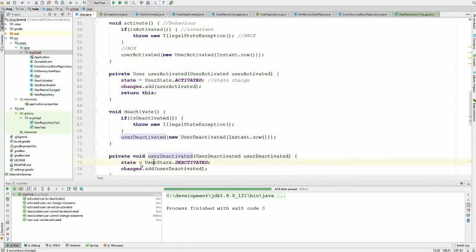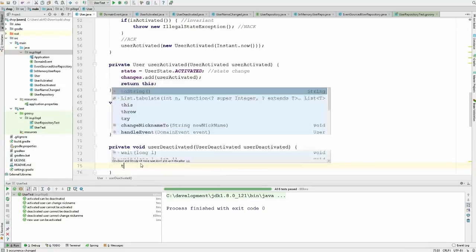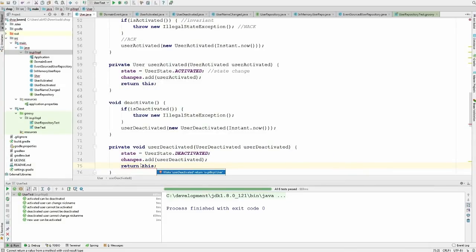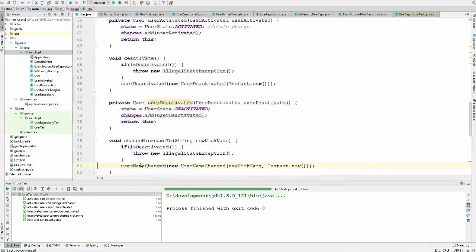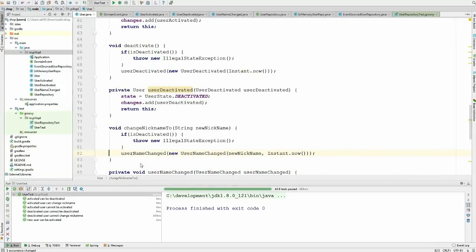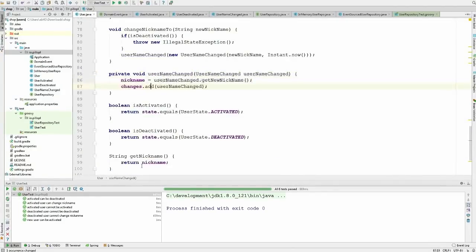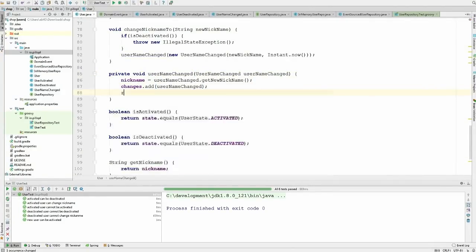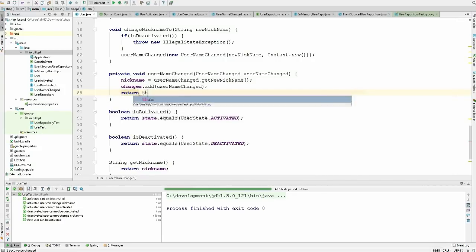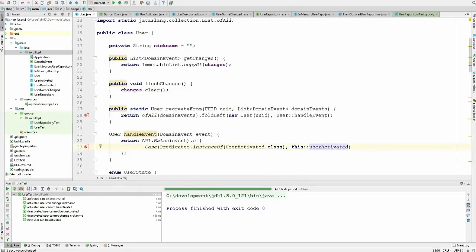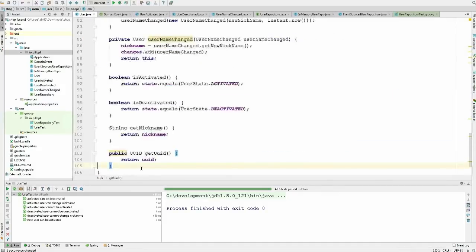Here and here as well, and also here, I guess. Where is that method? Here, yeah, and we have to return this because every mutation should return mutated state, because we have to go later on with the left fold. Yeah, now it compiles, but we need two more cases